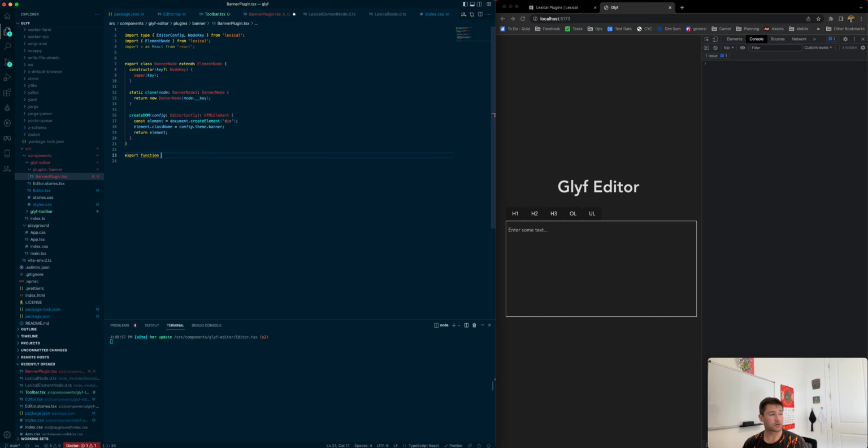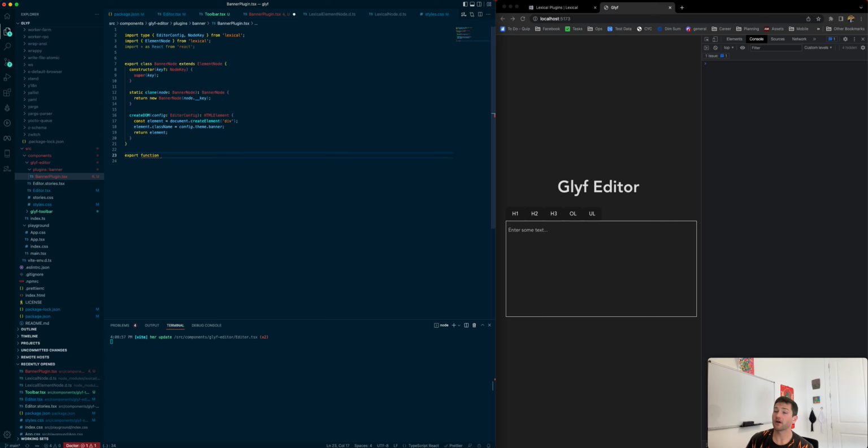I don't think this is strictly necessary in this case. We can do the same thing with the heading node and directly create it when we press the button. But this is a good way to show how you might want to set up the command listeners so that you could decouple the UI from the actual node plugin itself. And so let's